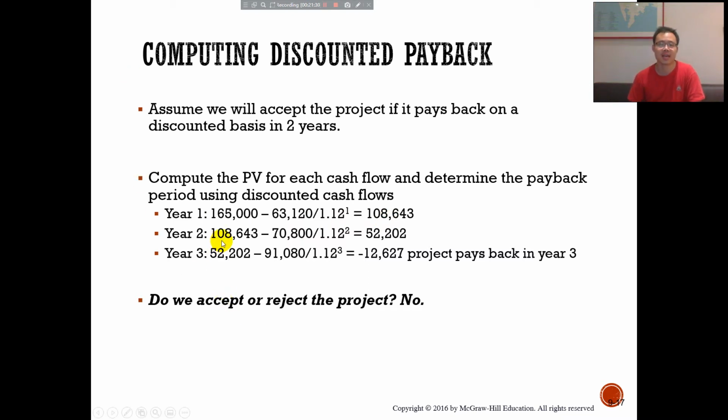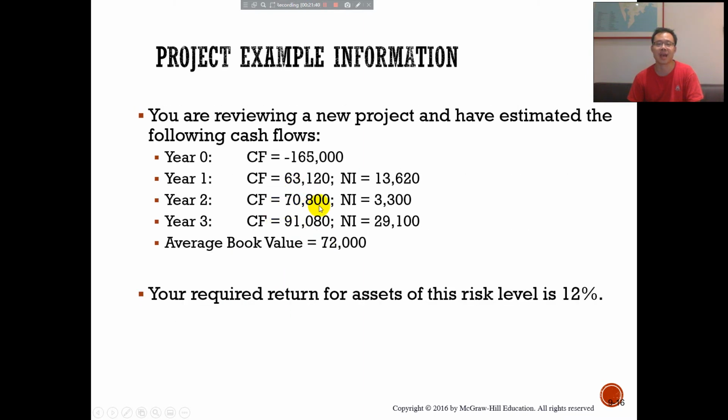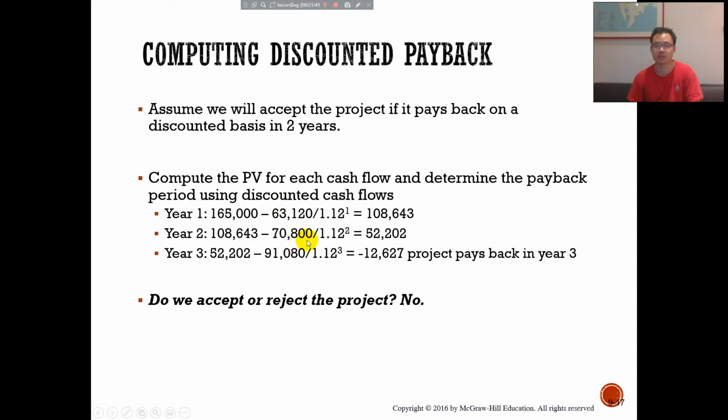Then, at the end of the second year, you use the remaining balance to minus the present value of the second cash flow, the $70,800 divided by 1 plus r to the power of 2. Okay, and you still have the balance of present value, 52,200 to recover. And at the end of year 3, you finally can recover all of the present value of the initial investment,